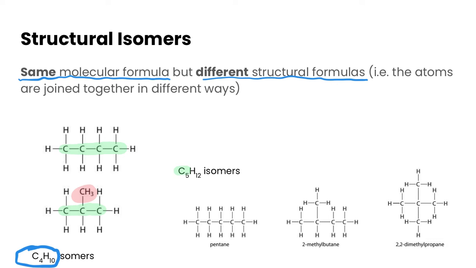Similarly, we can look at C5H12, and there are 3 different isomers. We can have all 5 carbons joined in one row, we could have 4 carbons with a branch here, or we could have 3 carbons with 2 branches. So all 3 of these have the formula C5H12, but you can see that they have very, very different